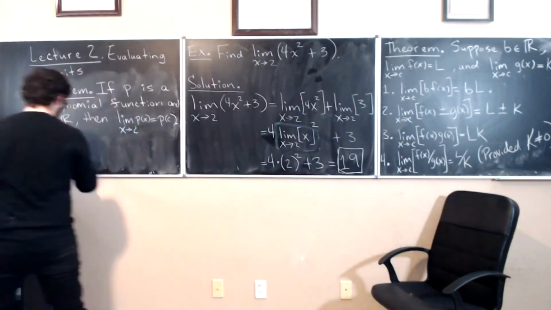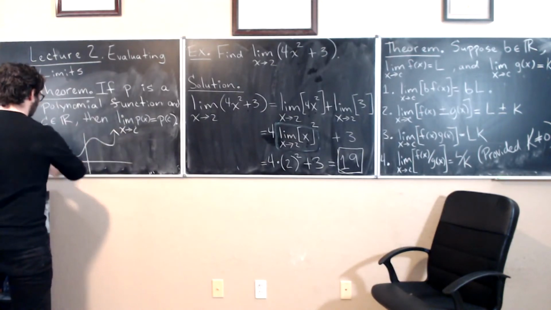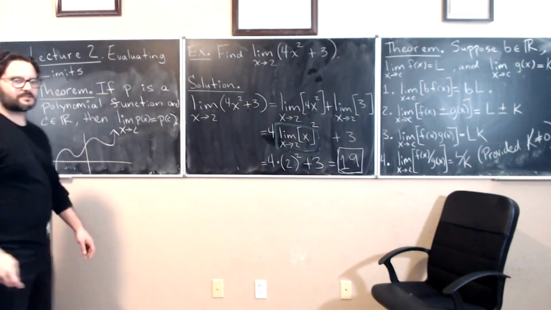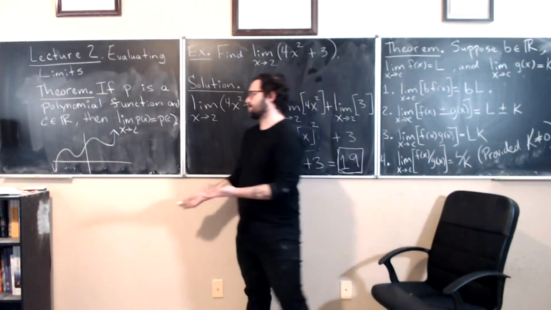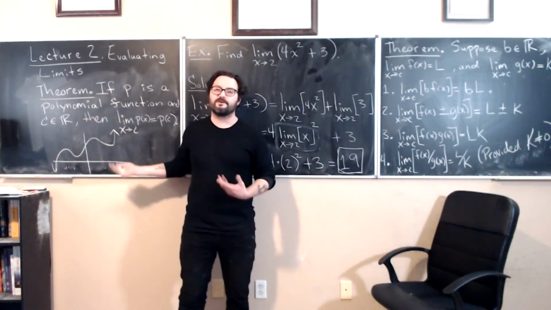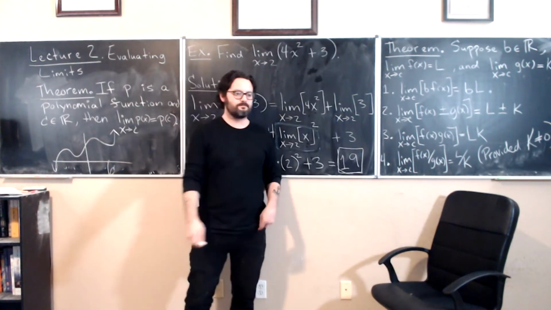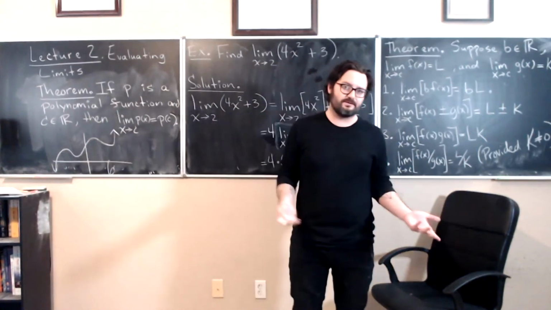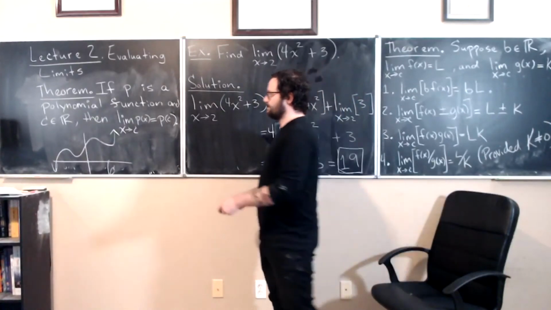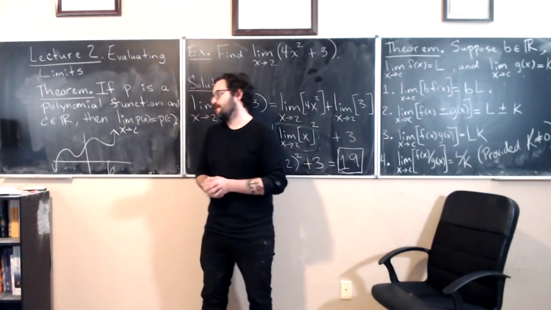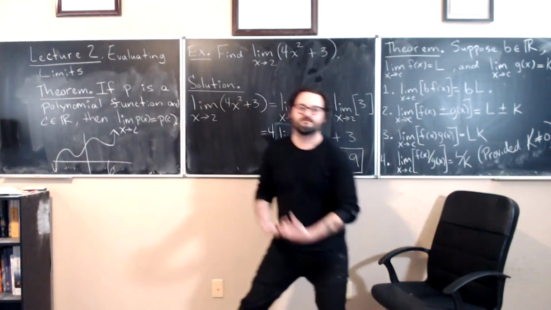Polynomials have no holes and are smooth looking. We should not expect this function to do anything drastic as we're heading towards some value C. It's just going to behave normal. There's nothing to worry about. So that's an informal but intuitive way of thinking about why this is true, which we already kind of thought about with this problem